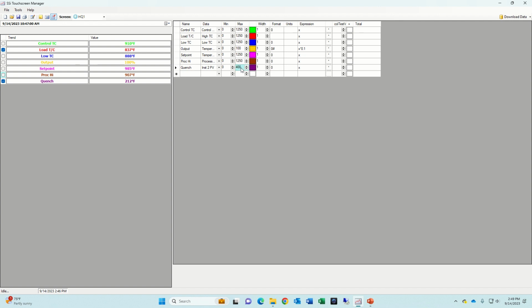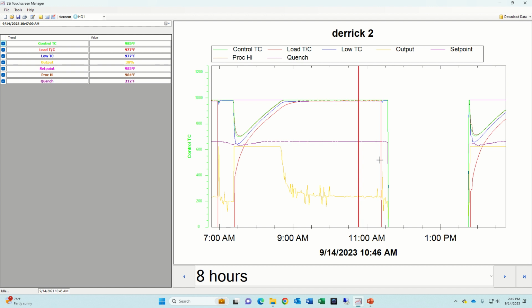Okay. And quench 0 to 200. Let's see how that looks. Output, I'm going to make that 200, and I'm going to turn it back off and see. Okay, so now see my scale over here. Let's change it to load temperature. There's load temperature. Still turn off all these other pens, but